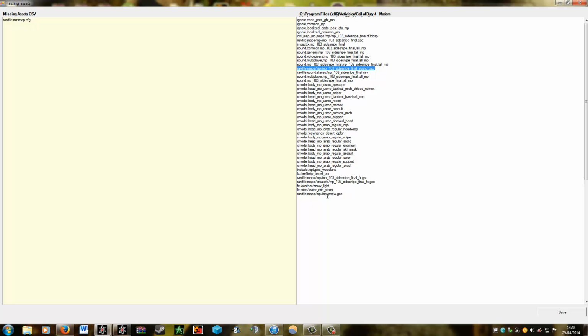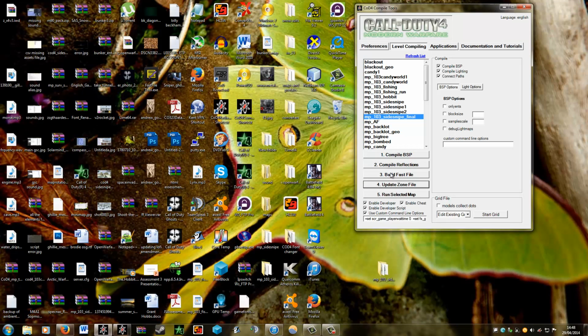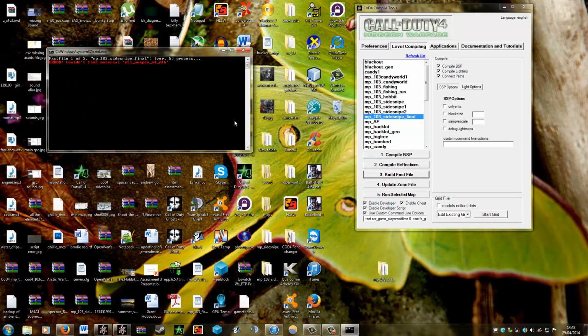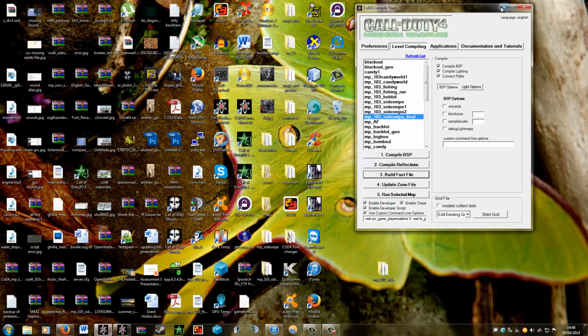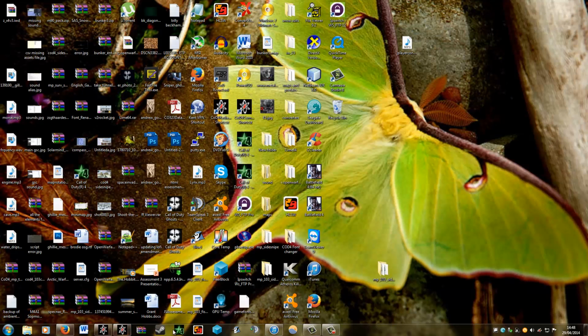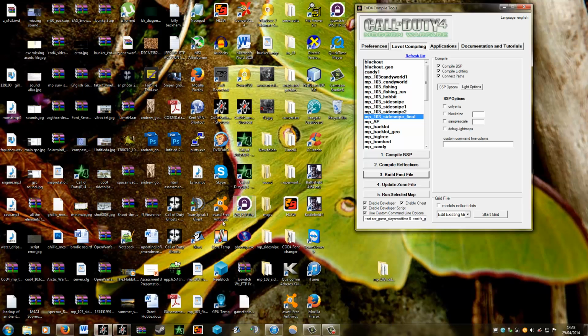So once you've got that and all that sorted, and you've got all these as well, anything to do with sounds, okay, you then save it, and then build it again, which it should build, and done. And then if I go into my map now, which I can do, you can do it through the compiler as well. So if I run it now,